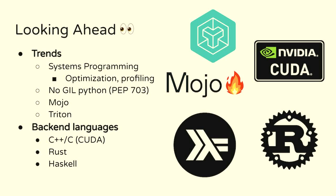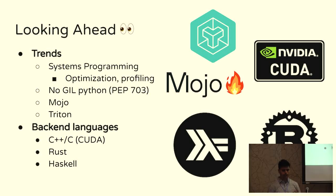So looking ahead at the future of programming and systems development, there are several key trends and technologies which demand our attention. Primarily, the area where I am also focused is systems programming. The overall field of systems programming is evolving. It's pushing us towards more efficient and robust infrastructure. You might have seen the Llama 3.1 model training stack. It was trained on close to 16K GPUs over a duration of 74 days, and it only had some 4 minor checkpointing faults. So all of these things mean that you are actually doing a great job at systems programming. And that means that we need to improve our loop of optimizing and profiling for writing all these kernels, whether it's for GPUs, or custom kernels for, say, Intel CPUs, or any custom